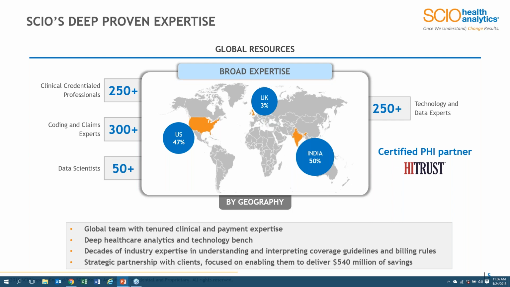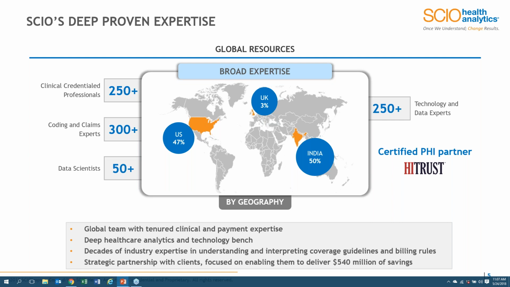Where we excel is taking vast amounts of data, today known as big data, probably an older term, whether through third-party sources or through our clients or a combination of both, codifying that data into structured environments, and not only informing clients descriptively of what has happened, but prescriptively what's going to happen next and what to do about it. That's really where SCIO excels, and where SCIO has made its name in the last 10 years in the healthcare vertical, and specifically these days in life sciences, working on the commercial side of life sciences.